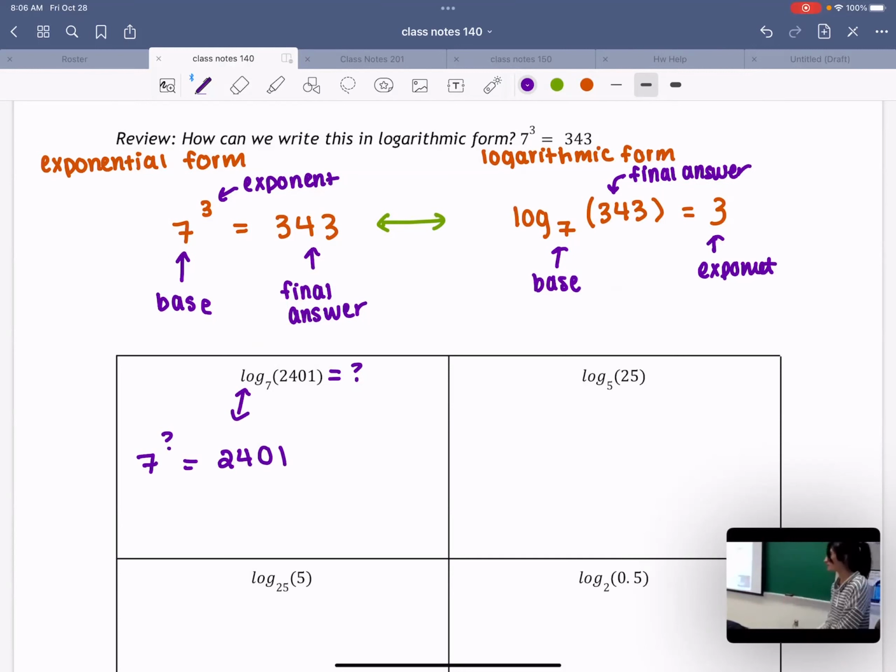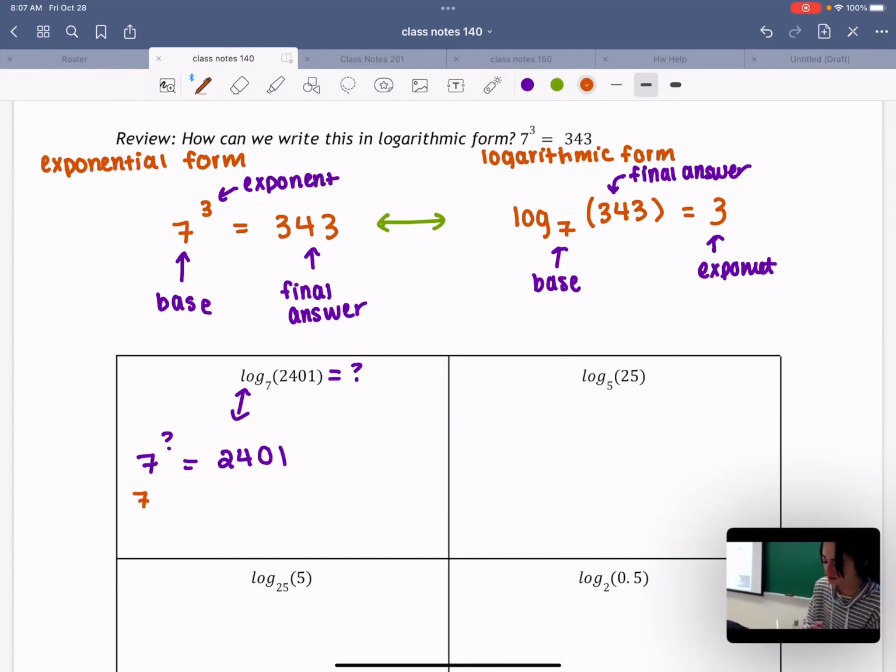So essentially, I am asking myself, what power do I raise 7 to get the final answer of 2401? Okay. Any ideas of what this number might be? 4. And how did you go about finding it? Nice. That's pretty good. Okay, if you didn't have that option on your calculator, which is fine, what I would do,